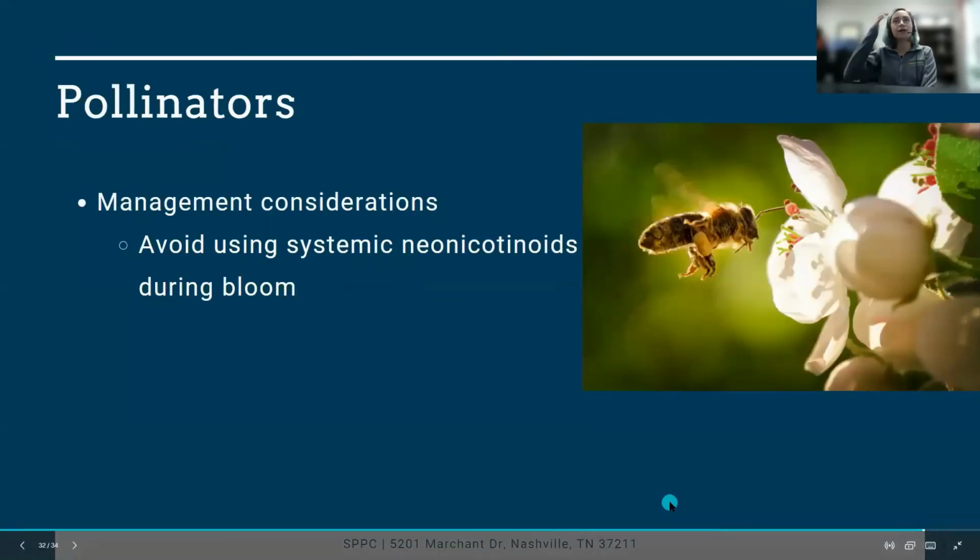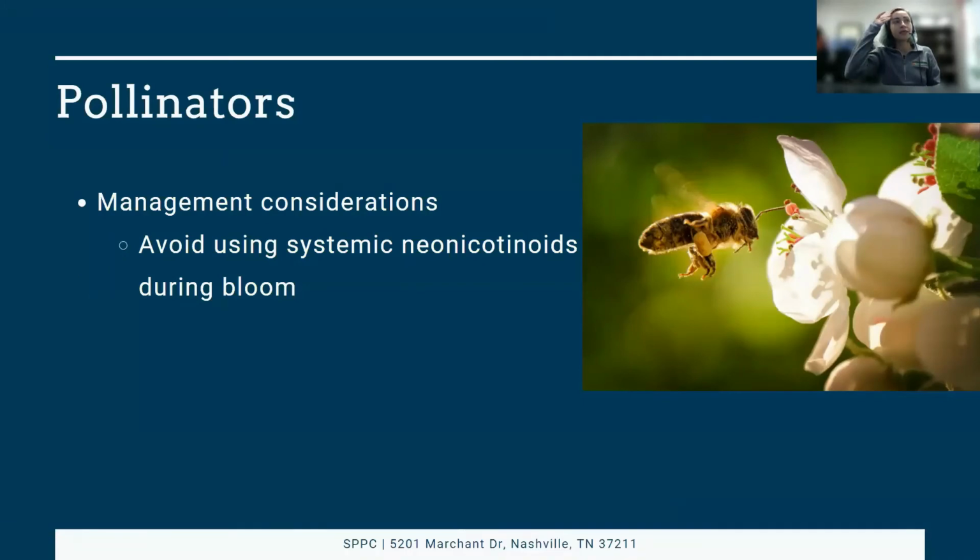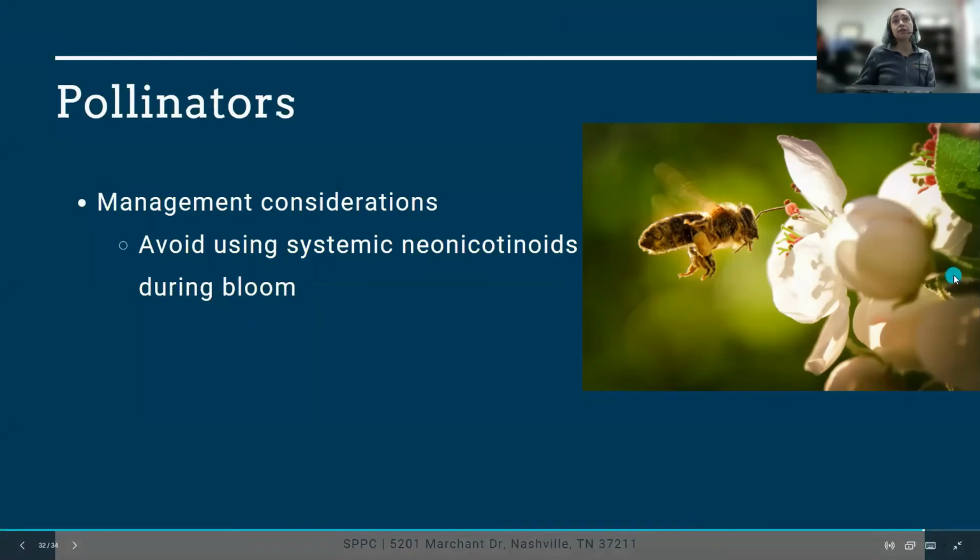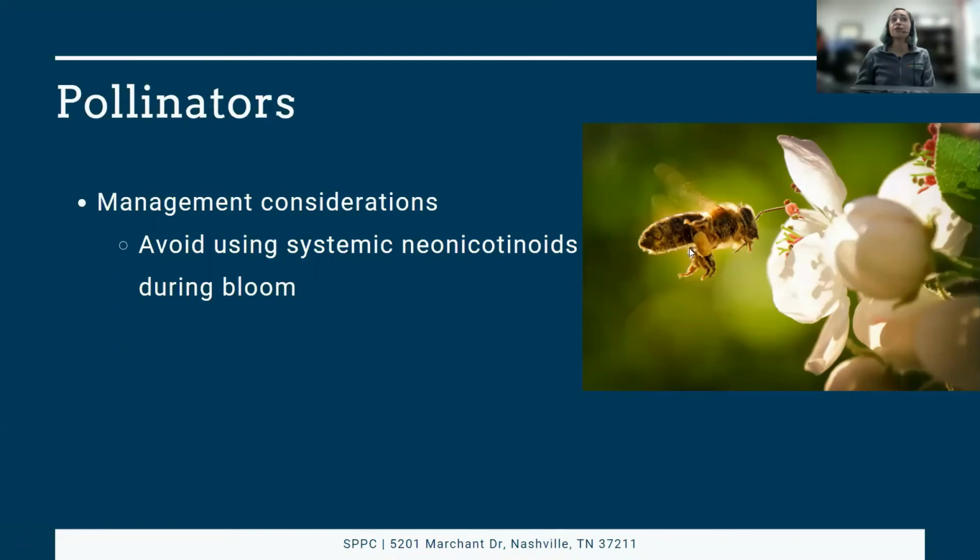And just a note on our pollinators, we always want to be pollinator friendly when we're applying any sort of systemic insecticide. I know a lot of our high value plants, our beautiful, rare, ornamental plants, we sometimes need to protect from things like emerald ash borer with systemic insecticides. And we always want to make sure that we're applying those when the plant is not in bloom, so that our pollinators are not taking up that insecticide, and so that it's only targeting the serious insect pests that we want it to target to protect our plants without harming our wonderful pollinators.